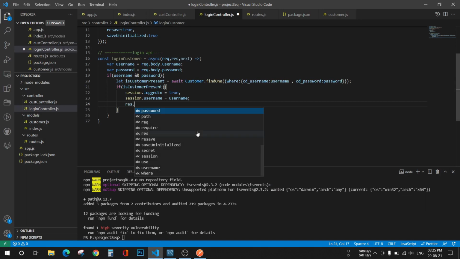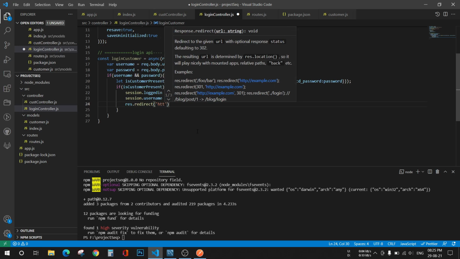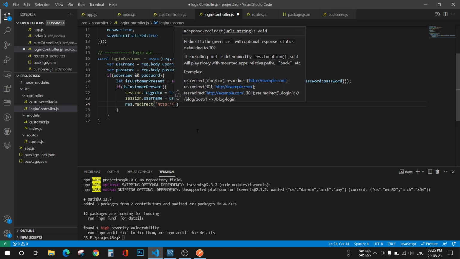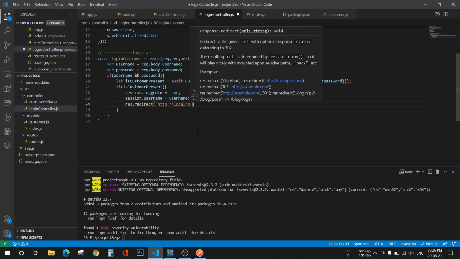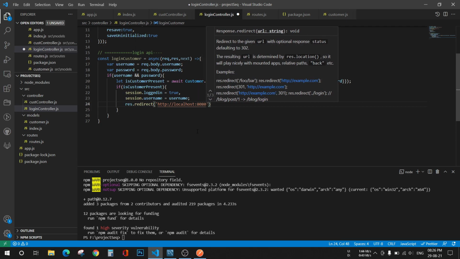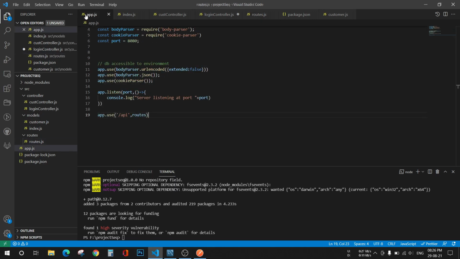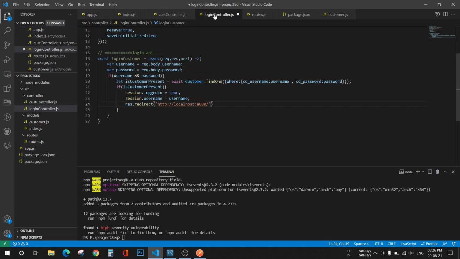And then res.redirect to, write with me, http://localhost:8080, and wait, where's the routes? Okay, slash api slash home. This we have to create now.